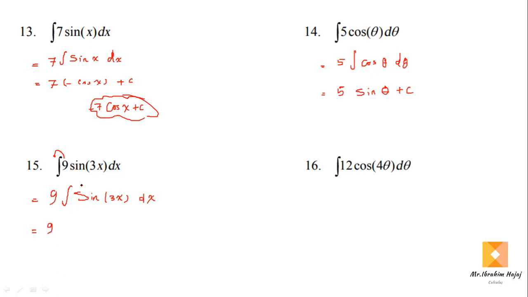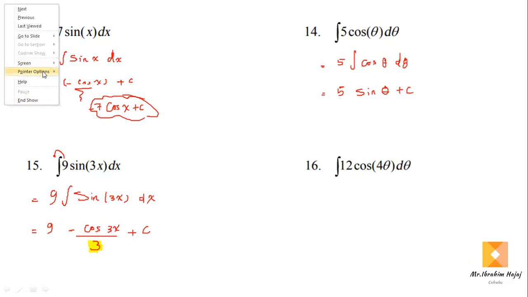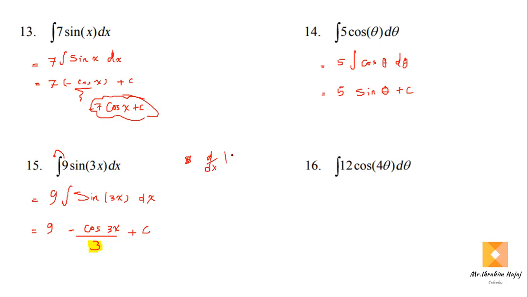طيب, Ali. What's the integral of sine? We said it's a negative cosine. Negative cosine 3x. بس الجديد هنا يا شباب, you should divide by 3. You should divide by 3. Pay attention, all of you, please. You should divide by 3. And in the chain rule, in the first term, for differentiation, we just multiply by 3. Okay, so if I ask anybody here to find the derivative of cosine 3x, d over dx of